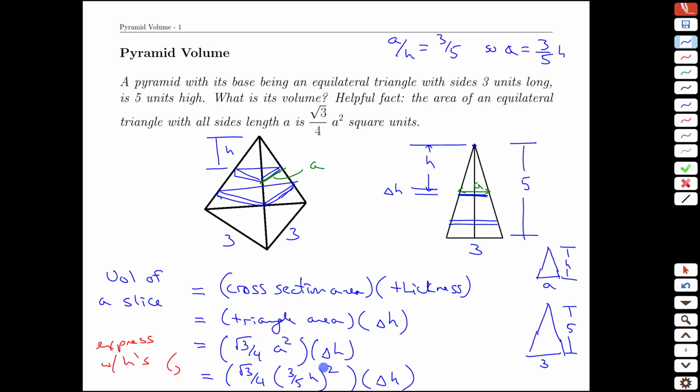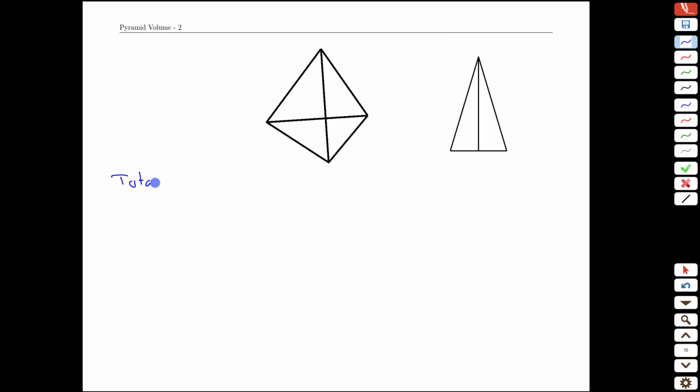Perfect. If we do a sanity check now on the units, we'll see that we actually do have an area here. We take our length squared and we multiply it by the little bit of thickness, delta h here, or delta h in this diagram, and that'll give us a volume of a slice. Once we have that, we can easily express the integral. We're going to need this picture again when we do that, but it's basically going to be this formula inside an integral sign, giving us a total volume